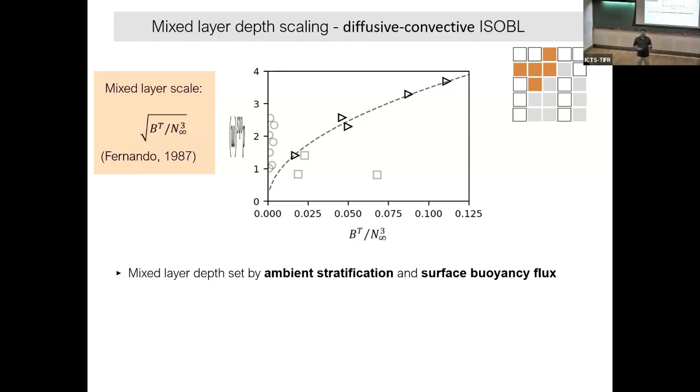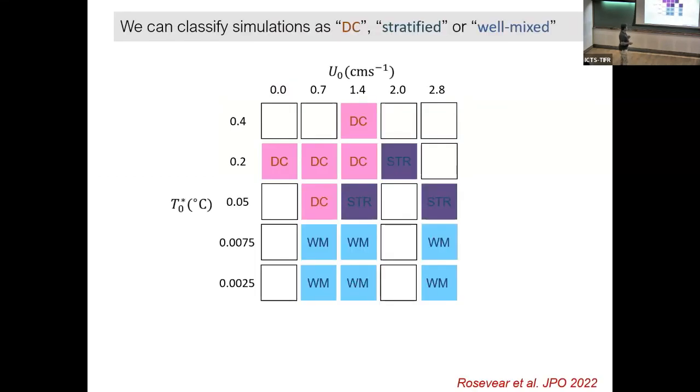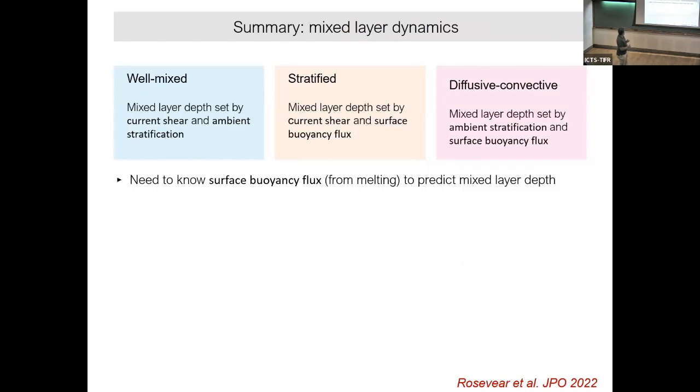So background stratification is important, and the forcing from the top surface is important, which for this particular scenario is not the salt. It is the cooling, because you're cooling the top surface. Your system is a stratified system, and you're cooling from the top surface, and you get this scaling. Happy? Now we have these three families. We actually got it, and let's see how we can plug it back into Antarctica.